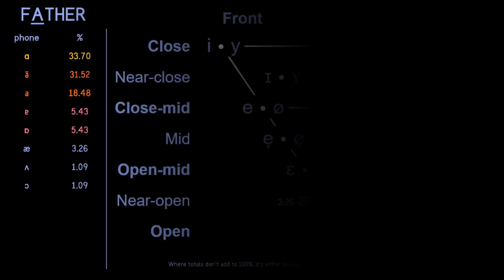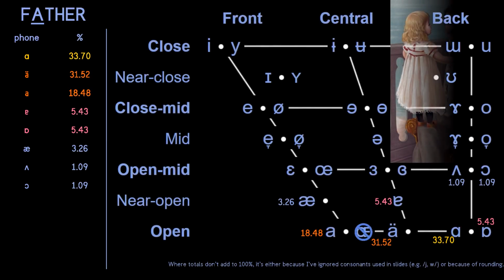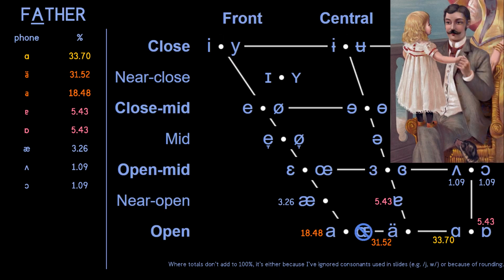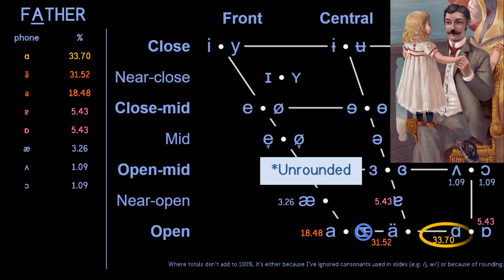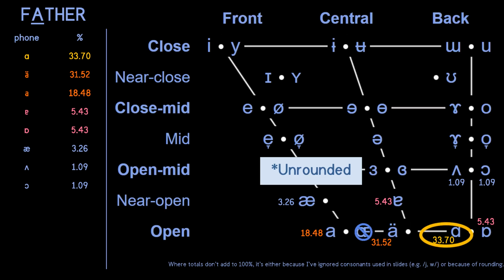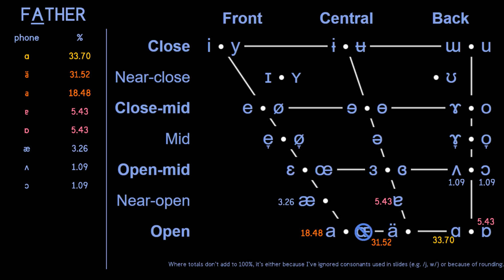Next we have the first vowel in father. Notice here how, although the rounded open back vowel is the most popular phone, the pyramid is not built evenly as it was for the previous 2 lexical sets. Instead, the open central vowel is almost just as common. Some speakers even say it as feather with the trap vowel.